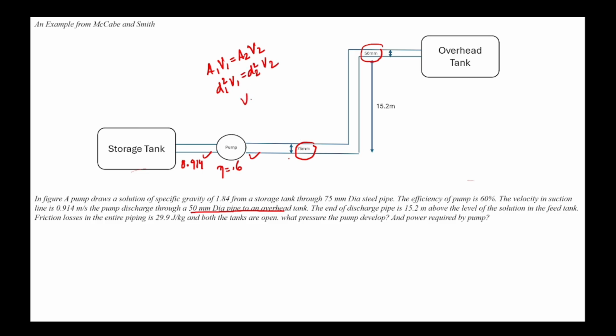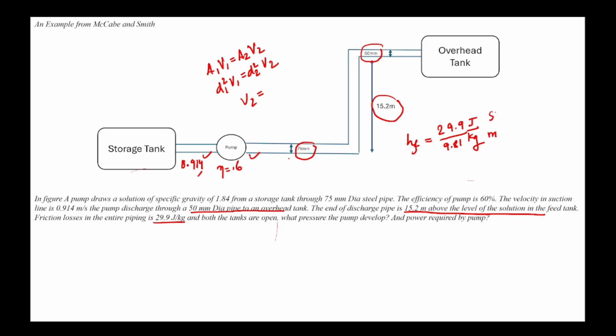So we will put the value, and we will get V2 because we have V1, right? The end of the discharge pipe is 15.2 meter above the level of the solution in the feed tank. So this 15.2 height is given. Friction losses in the entire piping is 29.9 joule per kg. So we have HF, but HF is the head. That means it has the unit of meter, but it is 29.9 joule per kg. So we have to divide this by gravity, 9.81